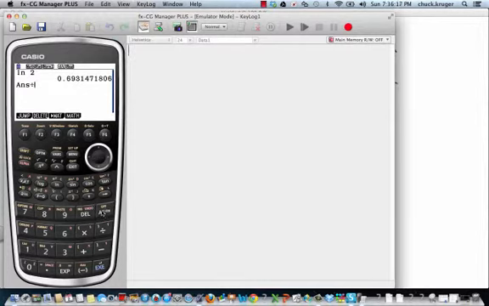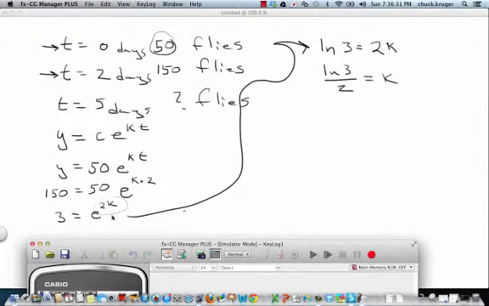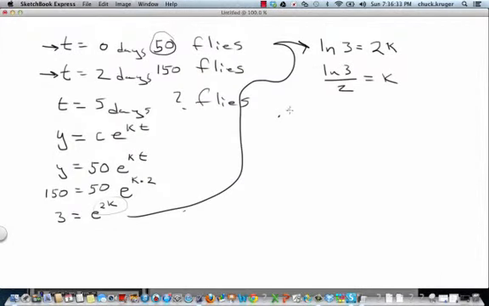I want the natural log of 3 divided by 2. And I get about 0.549. So down here I'm going to have 0.549 equal to k. So now that means my equation is y equals 50